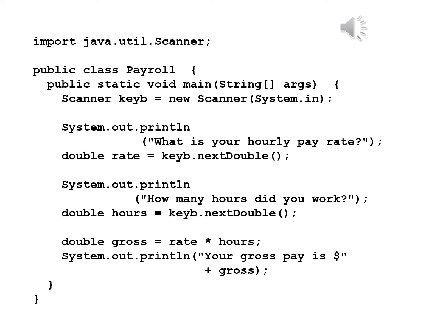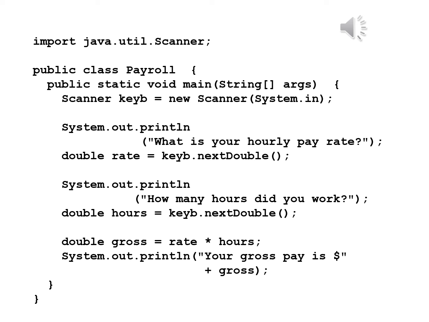We now declare the scanner. Scanner keyboard = new Scanner(System.in). We prompt the user, System.out.println("What is your hourly pay rate?"). And below that, double rate = keyboard.nextDouble();